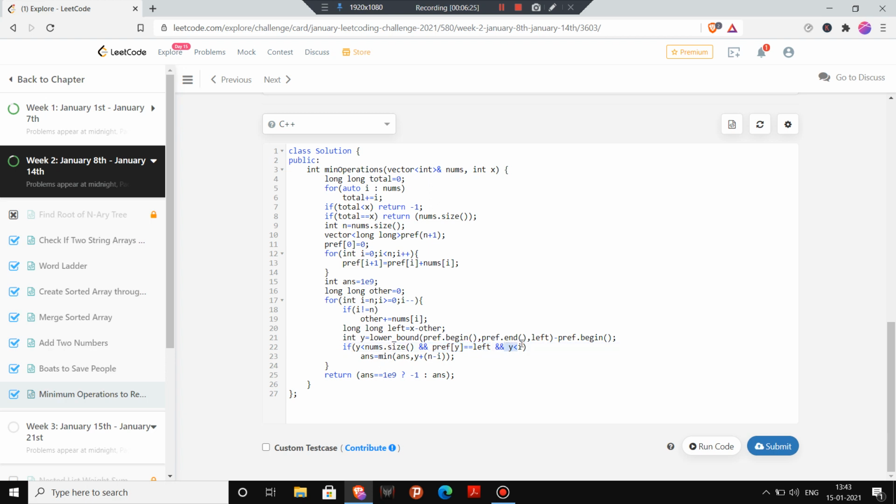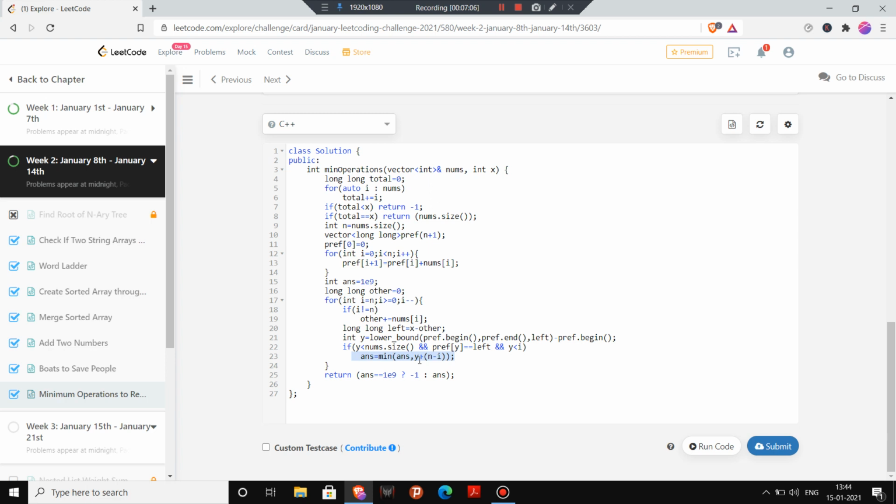And this is also important, y is less than I, because it may happen that the prefix I am calculating, which is stored in y, the index up to which is stored in y, and the sum from the right that I am calculating, they overshoot each other. So this y should be less than I, and then my answer will become the minimum of answer, and y plus n minus I.